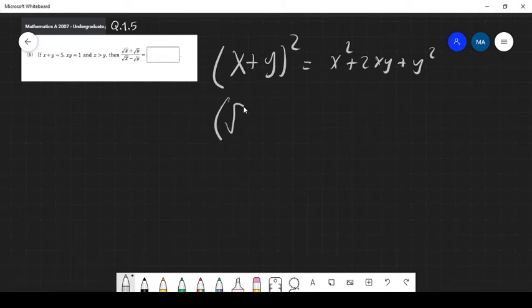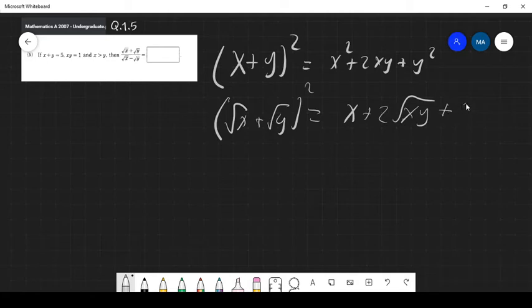So note, when you have square root of x plus square root of y, squared, you will get x, not x squared, plus 2 square root of x multiplied by y, plus y. Note y, because here it was the square root of y, so the square root of y squared will be only y. And here it is 2 multiplied by the first multiplied by the second. And remember that the square root of x multiplied by the square root of y, you can just put together. Okay,